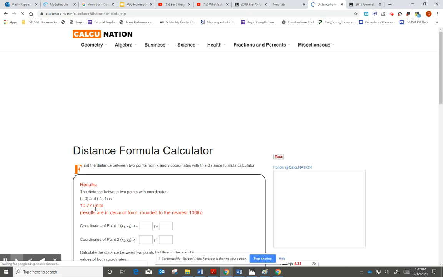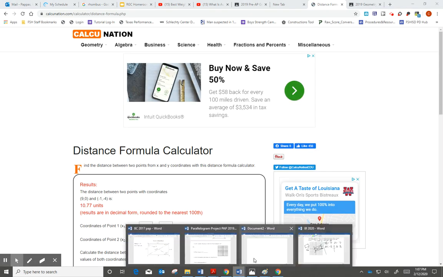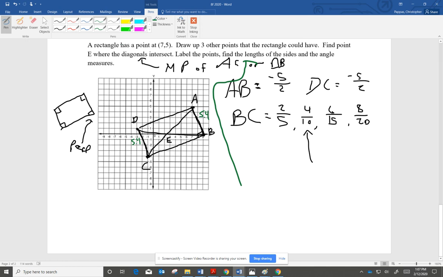Calculate that. Distance of that is 10.77, so we'll call that 10.8. Okay, so the distance from B to C is 10.8. Again, what we can do now is find the length of the diagonals here. We have a right triangle. 5.4 is one side, 10.8 the other. So we could do a little Pythagorean theorem to find the length of that diagonal from A to C. Same thing would happen from D to B. And again, we could do a little inverse trig